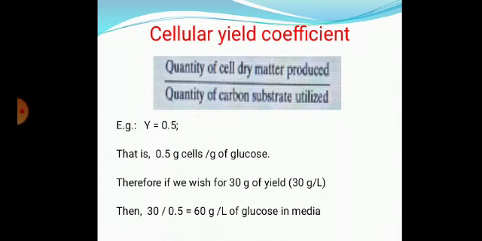So it helps us to find out the requirement. It helps us to formulate a media for microorganisms. Now this is just a table. In this table you can see substrates, for example methane, alkane, methanol, ethanol, acetate, malate, glucose, all different types of substrates. In the next column you can see the cellular yield coefficient, designated as grams of dry weight of biomass per gram of substrate.